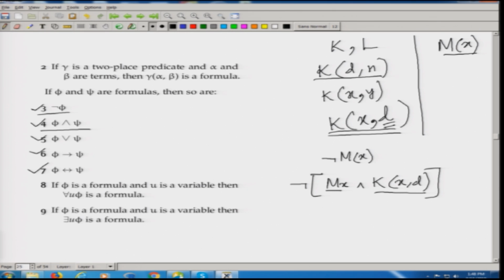By the same token, I can extend this rule. I can have anything. I can have KXD implies MX, or I can then negate it. I can do anything. What I cannot do is this. I cannot write